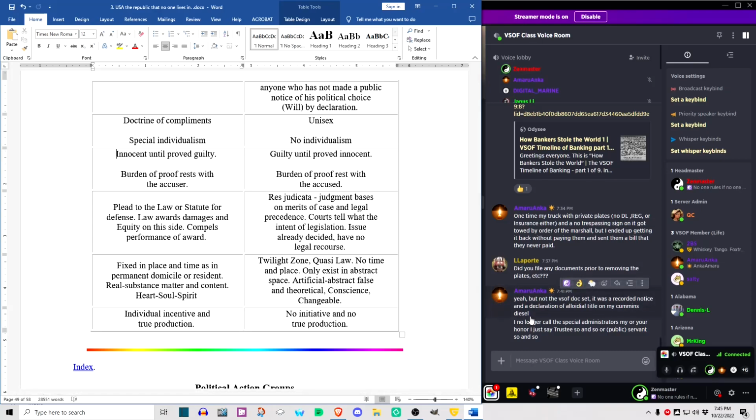And yeah, by the way, that's an important point, Amora. I no longer call the special administrators, Your Honor, or it's better to just call them trustees and just say public trustee, or just say trustee, I wish for this, or trustee, I wish for that. And they're going to get mad about it, but who cares? That's what they are, particularly if you've done your VSOF doc set and the black robe priest sitting up on the bench knows about it. Well, they have notice. They have notice that if they administer your estate, any part of it, they've agreed to be a trustee of your estate.